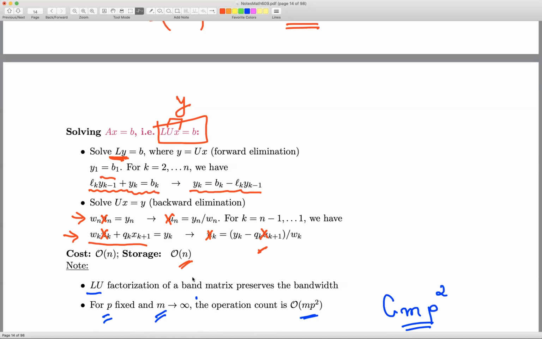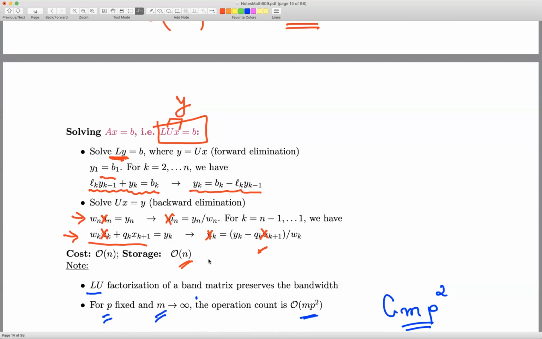Which means that if you have a tri-diagonal matrix and you would like to solve the system AX equals B, where the dimension of the matrix is n, then Gauss elimination is much cheaper in this case, since the number of computations is big O of n,